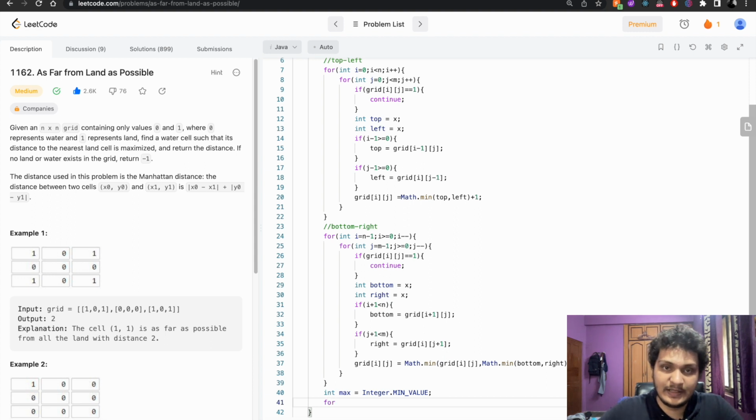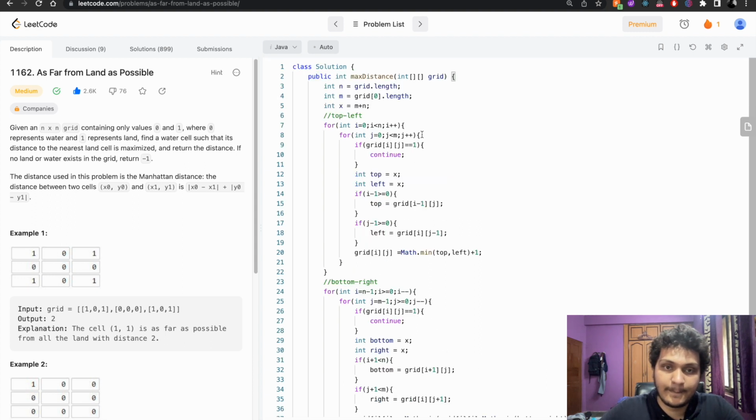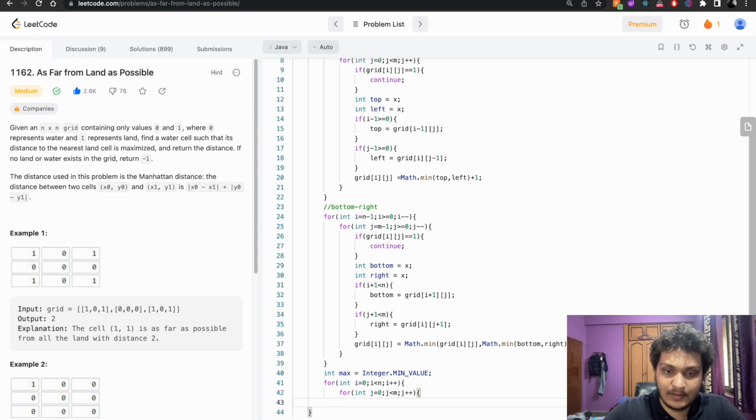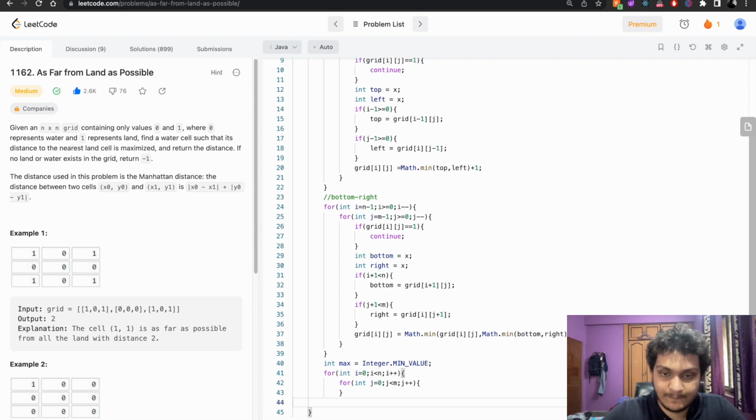I will simply do this, iterate through the array and paste it here, and this and this. Okay, and I have to say max equal to Math.max of max, comma, the grid value. Whatever the grid value comes, we have to do it. Okay, after that,